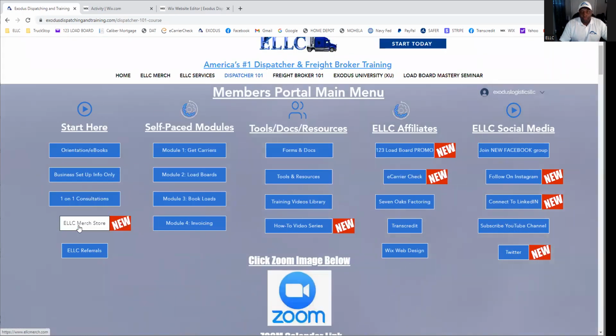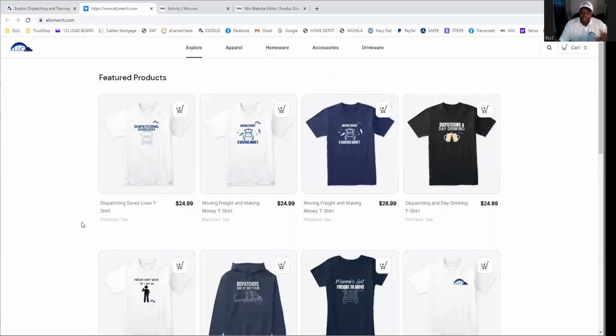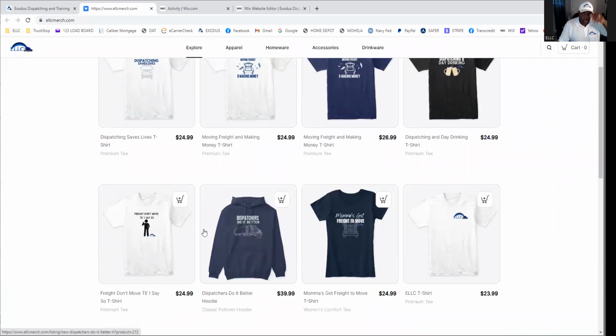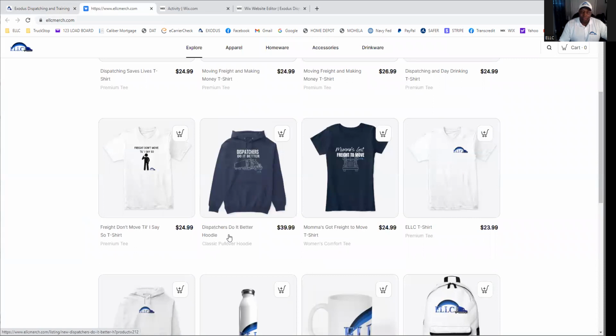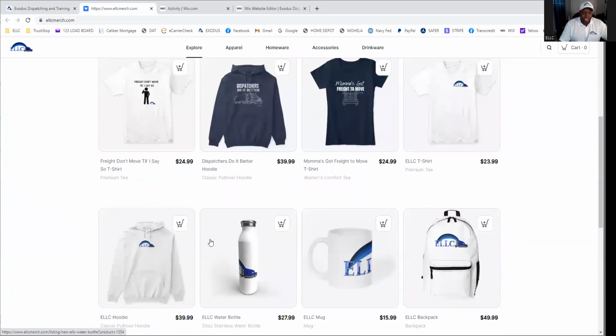And we have our merch store. For those of you who don't know, we do have merch. We're trying to promote and brand that, of our products, services. I actually saw one of my students wearing this hoodie right here, and I will be wearing some merch. I've got on merch now, the hat and the shirt. And dispatchers do it better. This is a hoodie. The young lady had that on, Miss Mabel. Thank you very much, Mrs. Burwell. Mugs, cups, book bags, hoodies,